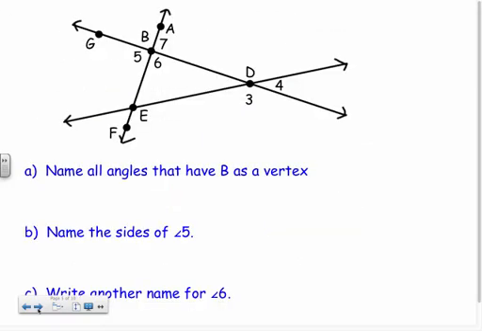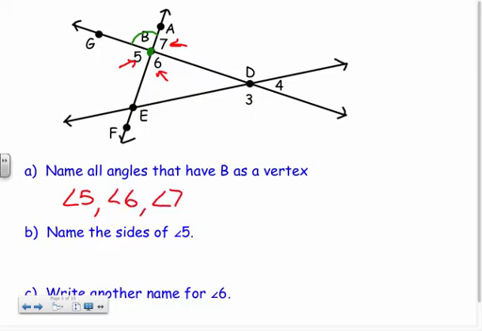So name all angles that have B as a vertex. Well, if I look up here, here's my vertex B. It looks like 5, 6, 7. All those angles have a vertex of B, and same with this angle right here. It's not labeled, right? That B is labeling this point. It's not labeling the angle. So to be very basic, for angle 5, angle 6, and angle 7, I could just say angle 5, angle 6,